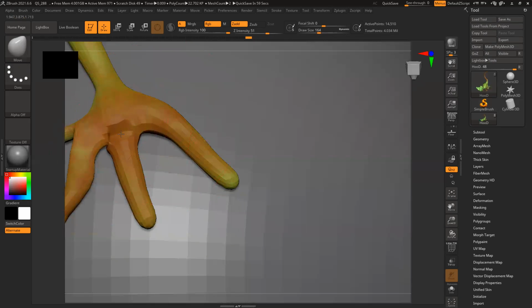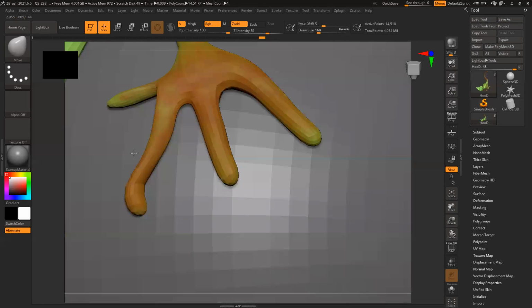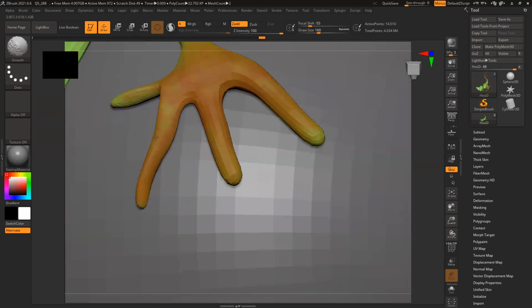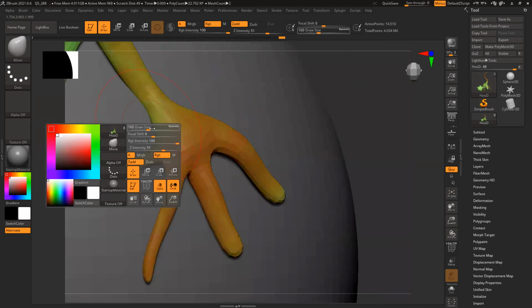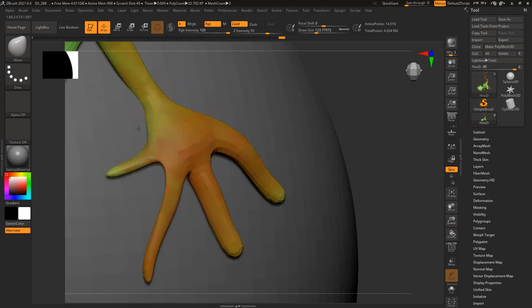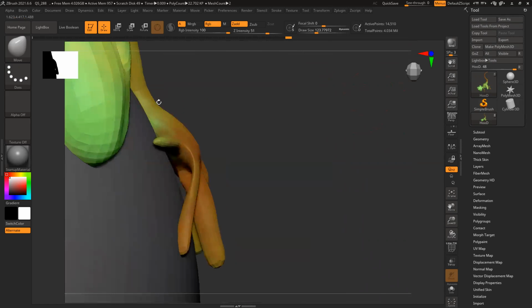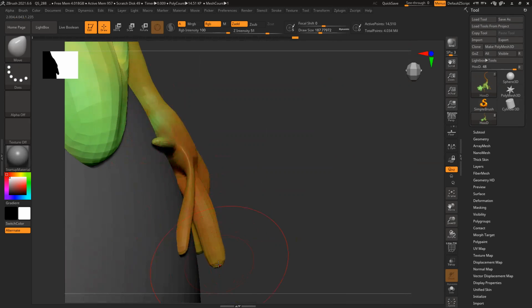Distortion, we fix the things. And this is really thin, so we can check this thing.